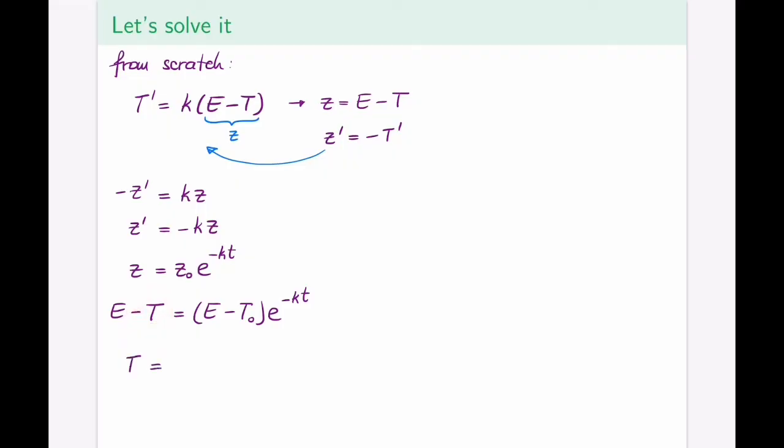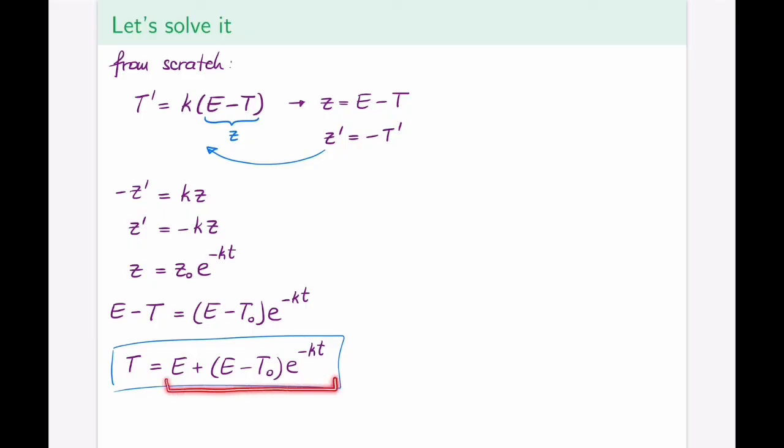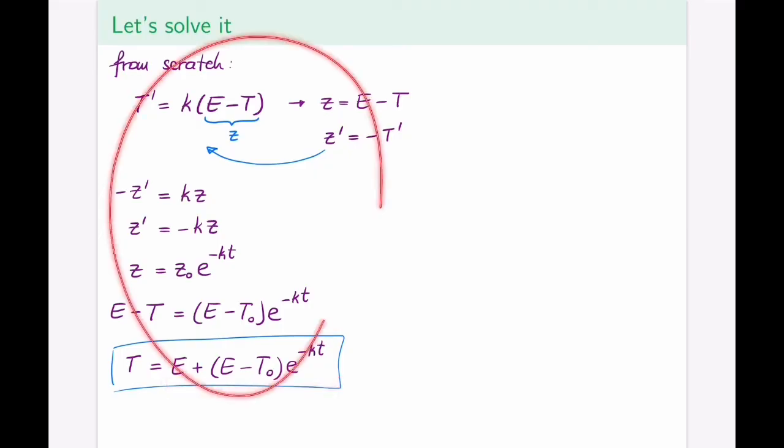I'm going to get that T is equal to E plus (T naught minus E) e to the power of minus kt. And this is likely the form that you have seen Newton's law of cooling presented in in Calculus 1 courses. The temperature of the object has this relationship to the ambient temperature and some kind of cooling down constant k. Again, this is the way to solve it completely from scratch,